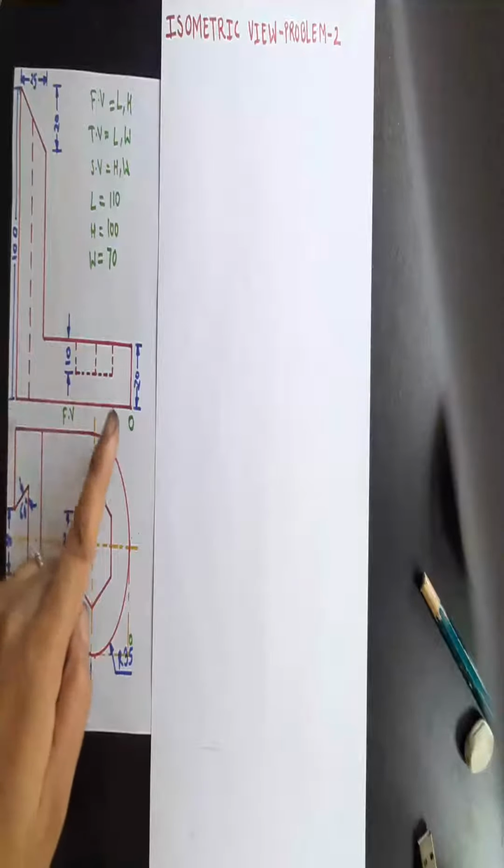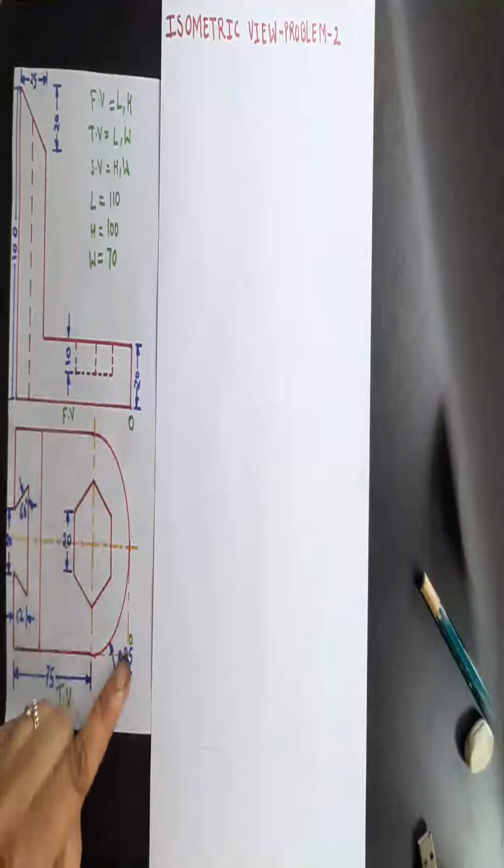We know very well that in first angle method, the view which is drawn below, or you can say on the lower portion, that view is known as a top view, and the view which is above the top view is the front view. So here you can easily find that this is the front view and this one is the top view. Now the next thing also, here in the question it is given that origin.